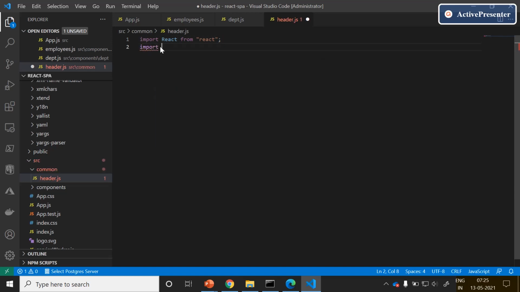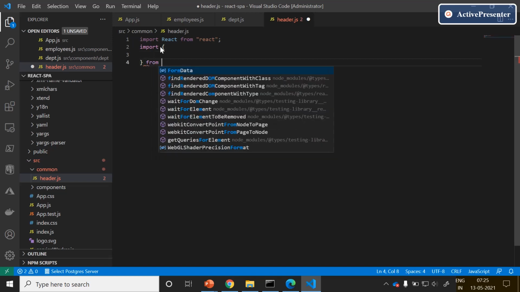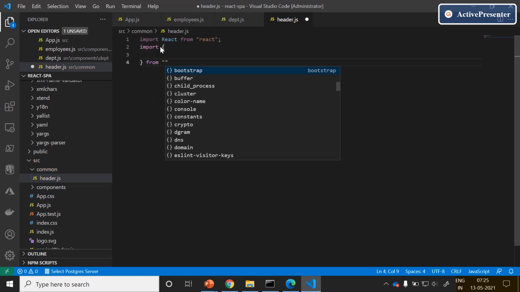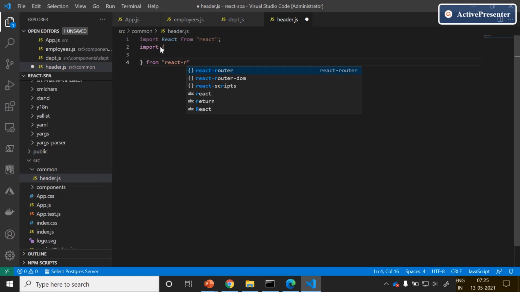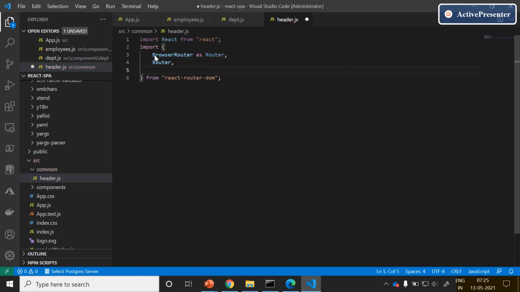Import the required properties or functions from React router DOM. The first and foremost thing is browser router. The second thing is router, switch, link, route. These five properties will help us to set up the routing capabilities to our React-SPA project.